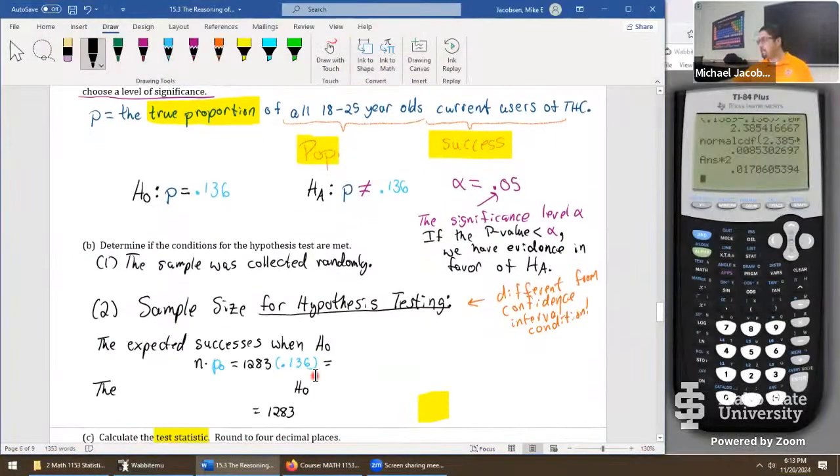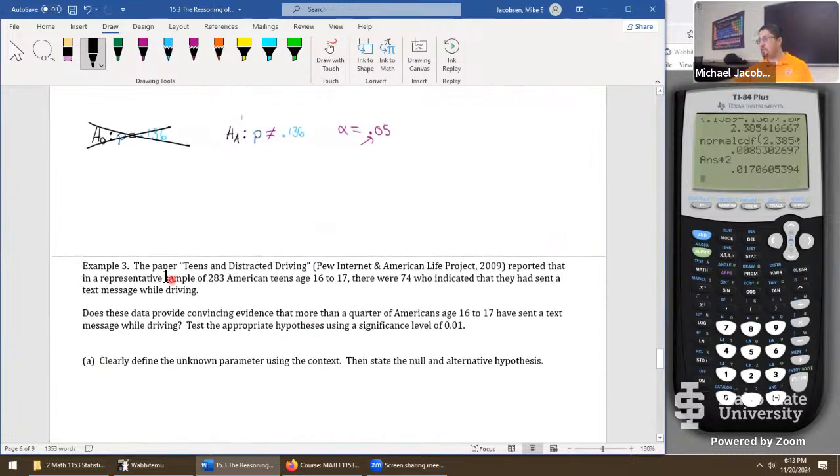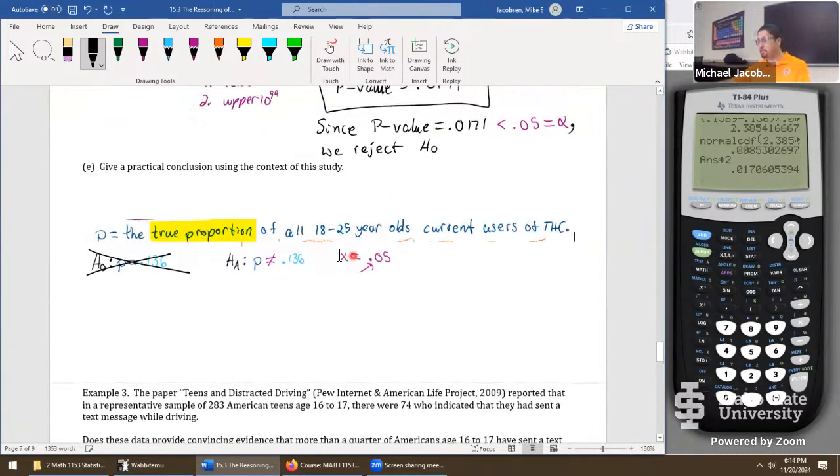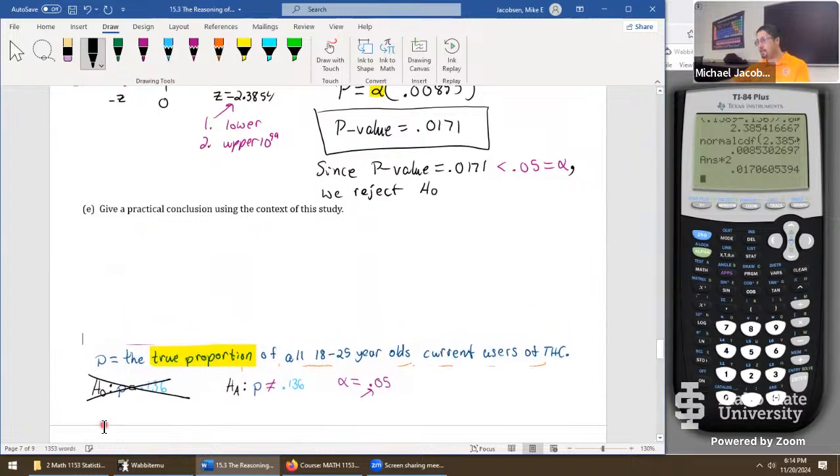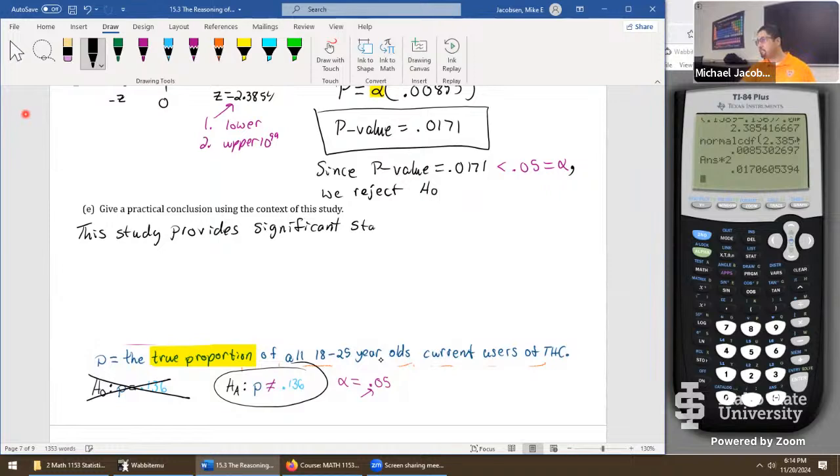Okay, so we've got our parameter down. We have our hypotheses down there as well for easy reference. We have eliminated the null hypothesis, and now we are in favor of this one. So we'll say that this study provides significant statistical evidence that